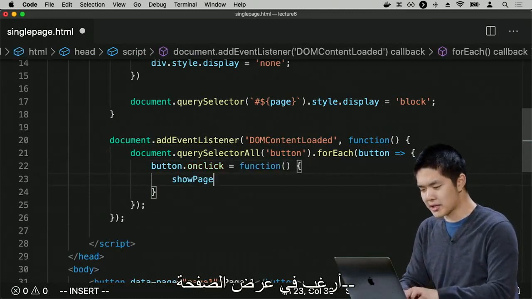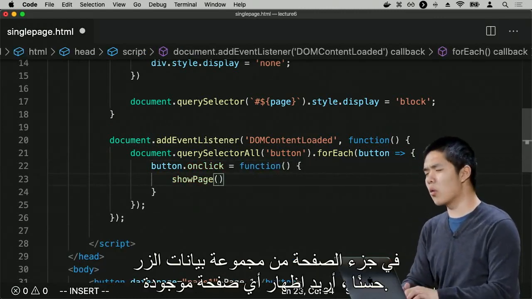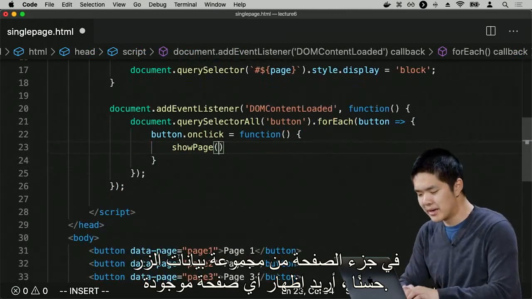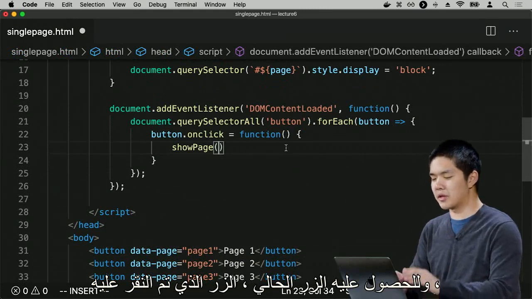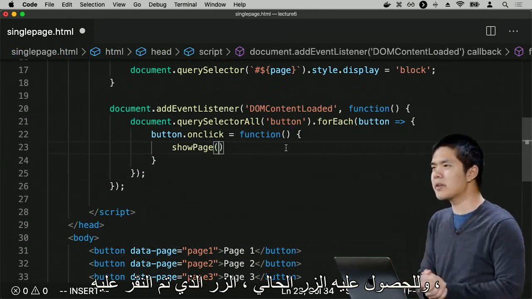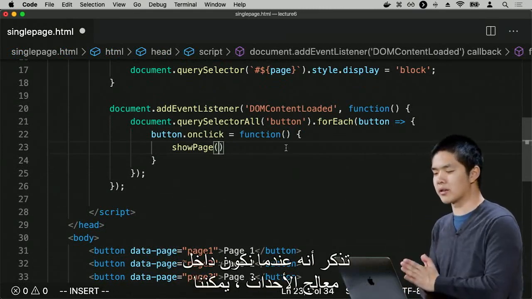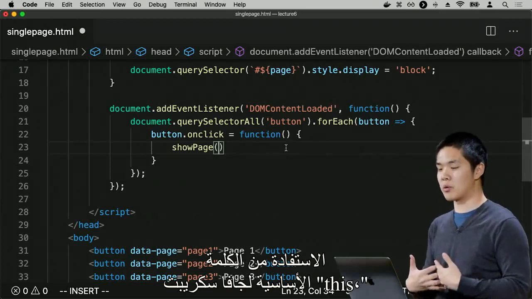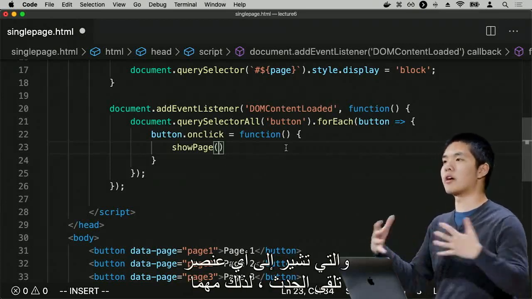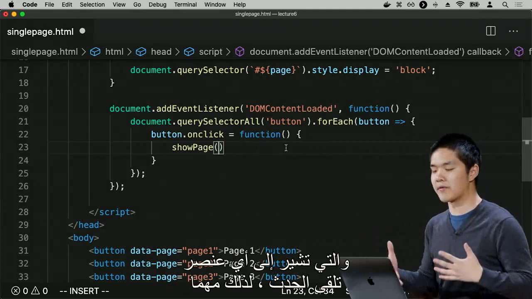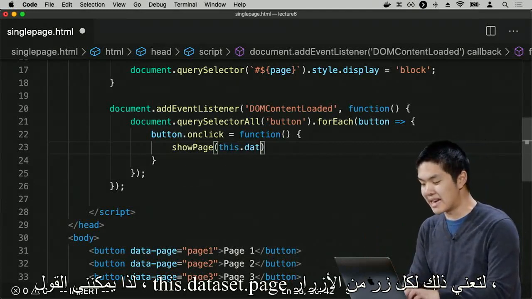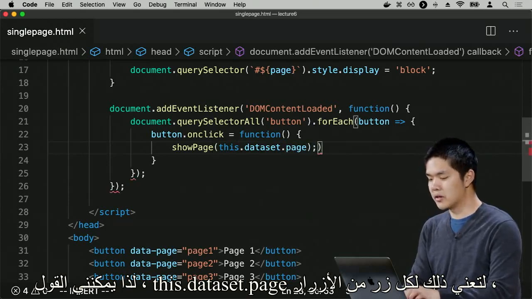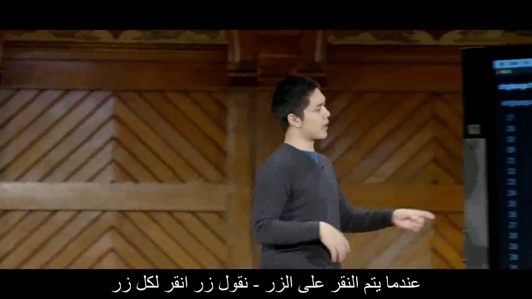I'd like to show page. And which page do I want to show? Well, I want to show whatever page is in the page part of the button's data set. And to get it, the current button, the button that has been clicked on, recall that when we're inside of an event handler, we can take advantage of the JavaScript keyword this, which refers to whatever element has received the event. So whatever button in this case was clicked on. So I can say this.dataset.page